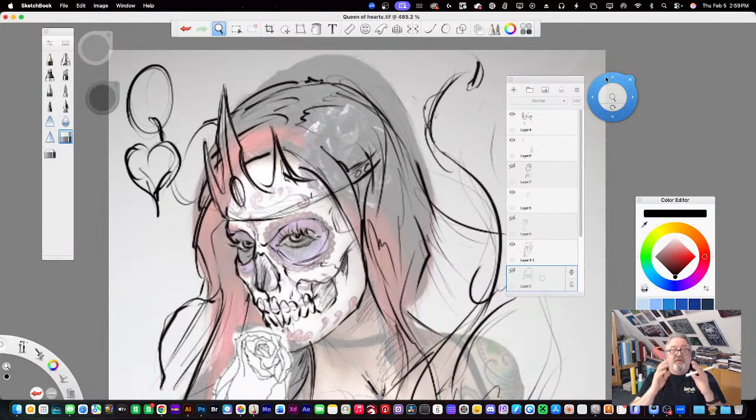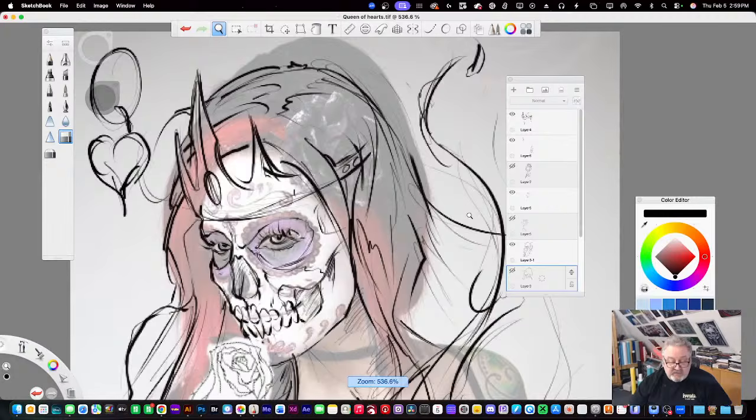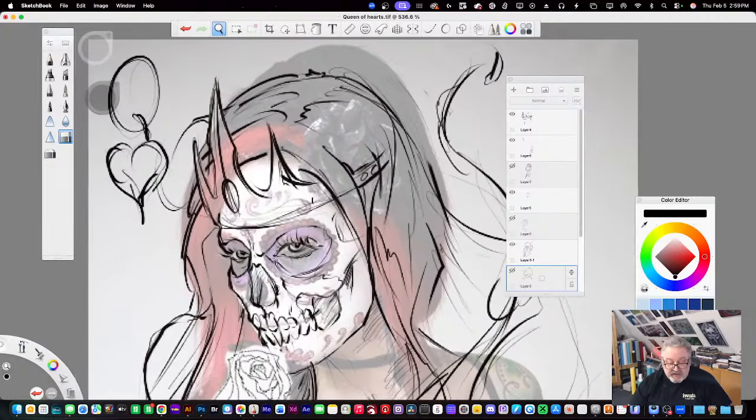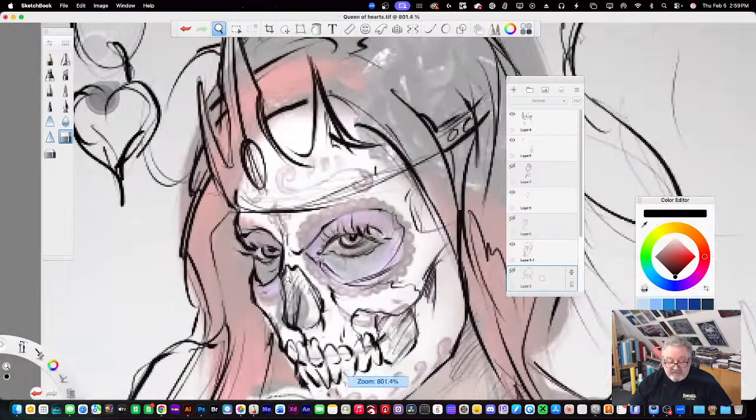Yes, there's going to be a skull in the rose. And then as you go, you can get more detail, but less of the file has to be worked in that high res. Only the end result. So you can start off with a low res. If you notice, this is pretty low res. When you zoom in, it's blurry, which I don't care about, because it's just a sketch.